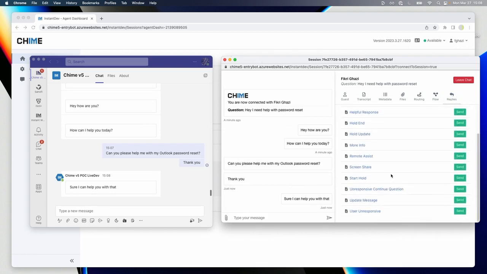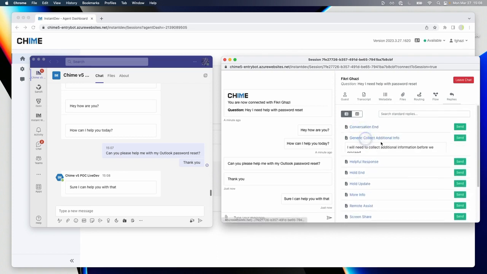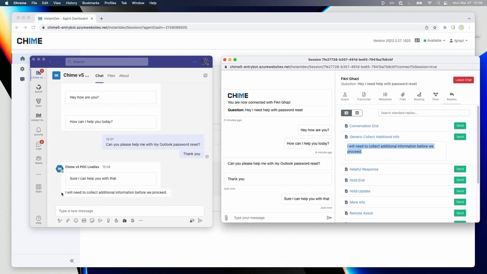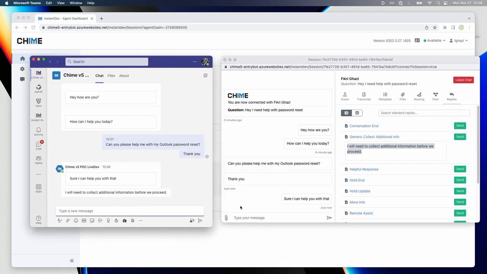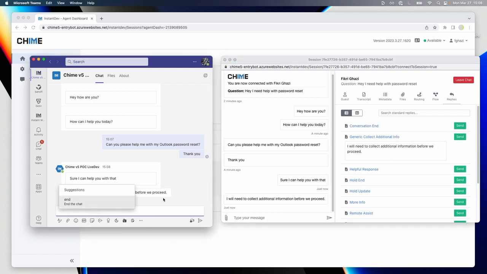And then maybe we can check out some of these standard replies. So maybe I'll try to use this because it sounds like it is useful when you try to get more data from your end user. As you can see, when I click send, I don't have to type anything, and this predefined message will be sent to this end user. Maybe I will reply with, okay, my email is